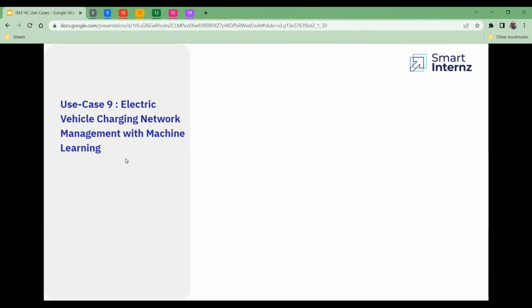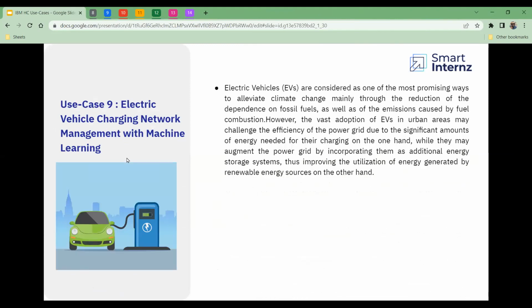So that's use case 9, electric vehicle charging network management with machine learning. As you all know, from the past few years we have had a boom of electric vehicles, because a lot of environmental changes are happening due to internal combustion engines that run on petrol, diesel, or any form of fuel. So to control that, or not completely control it but reduce it, in daily transportation,